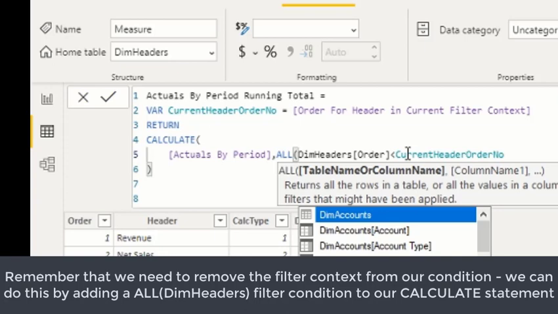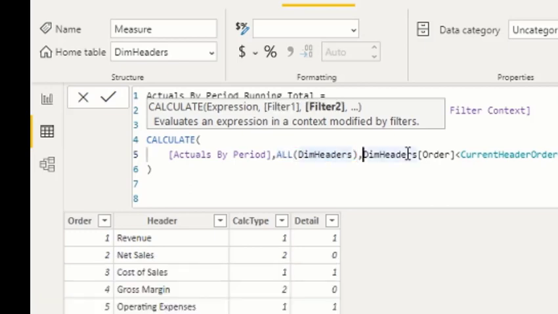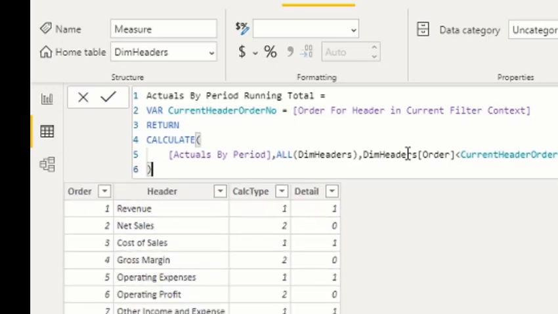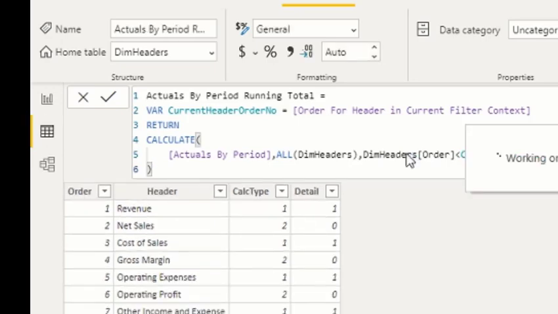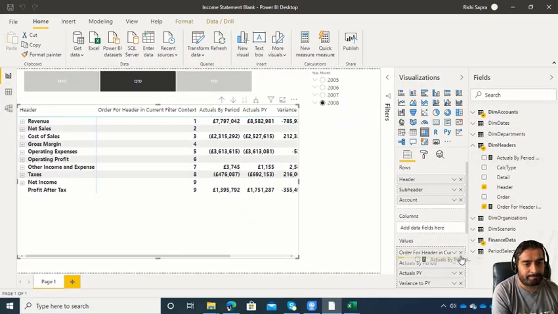So we can bring in another filter condition for all dim headers. So calculate actuals by period in the context of all of our header table, and calculate for where the order is less than the current header order number. And now that should give us our running total. So a very similar pattern to what we use for cumulative totals. And if we drag that into here,